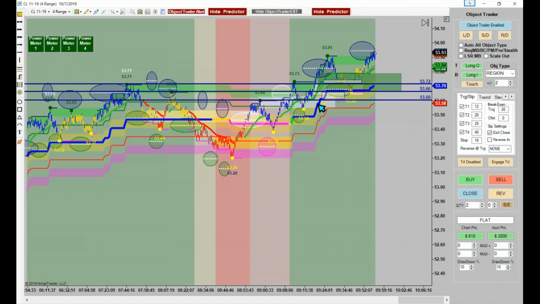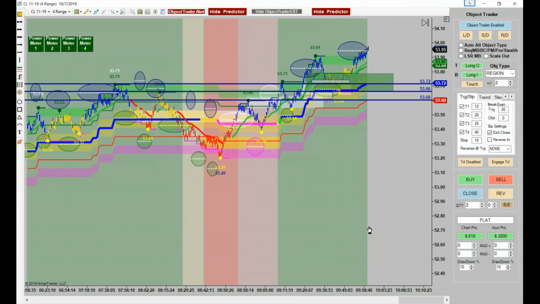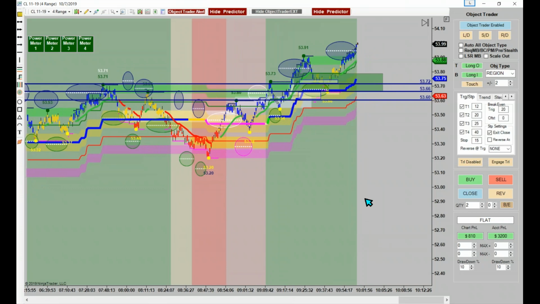If it wicks, for instance, like you draw a box and it gets you into a trade and then it barely wicks above your box and then rolls again, that's still a good trade if you made a nice tight box. Now, if that was like a 20-tick box, I wouldn't advise it, because then you're giving it all back. But if you can draw these nice tight boxes like we drew here, perfectly drawn on the chart,